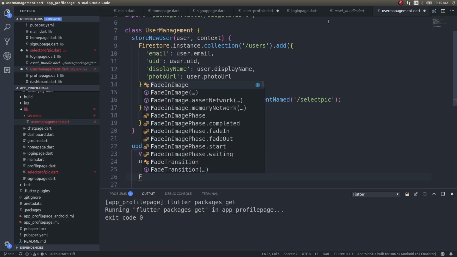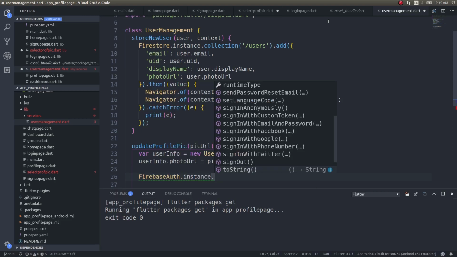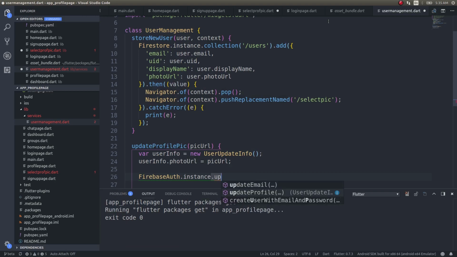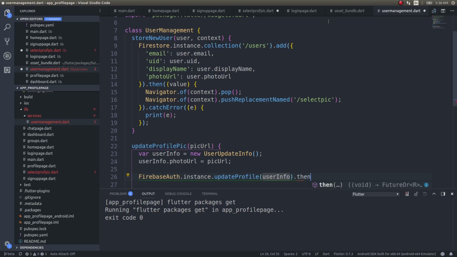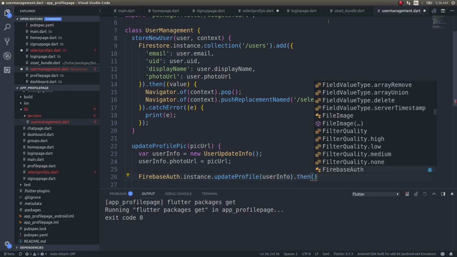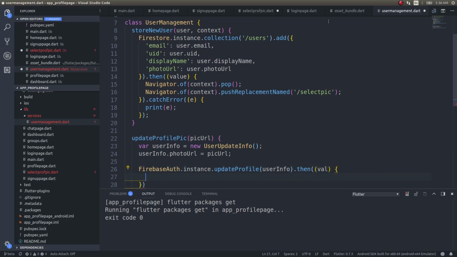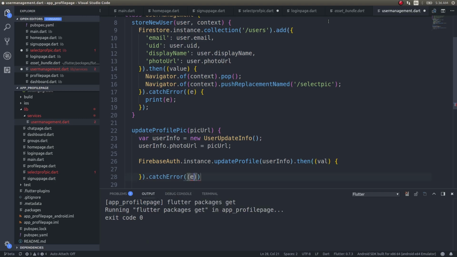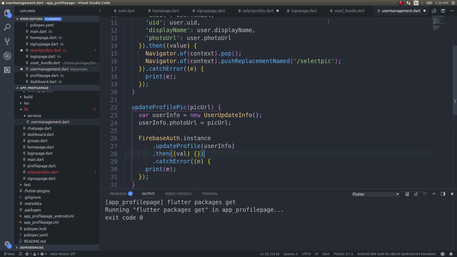So I can simply use then Firebase auth dot instance dot update profile user info dot then where, sorry, this will be a function. Cool. Here after this authentication has been updated, the user has been updated,